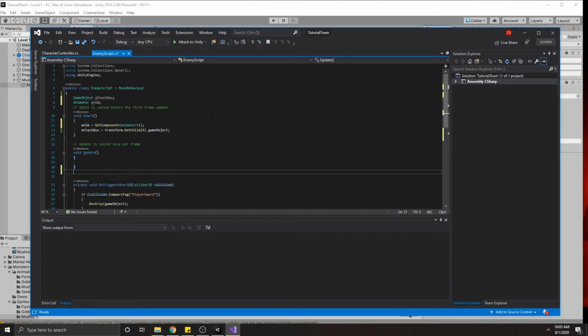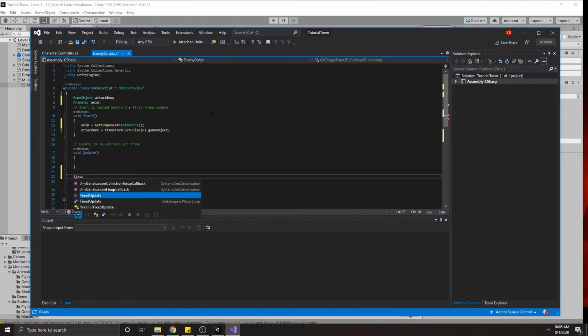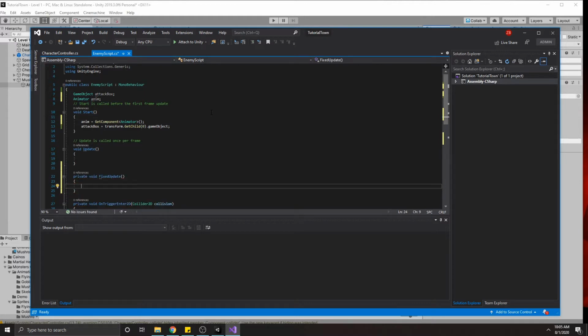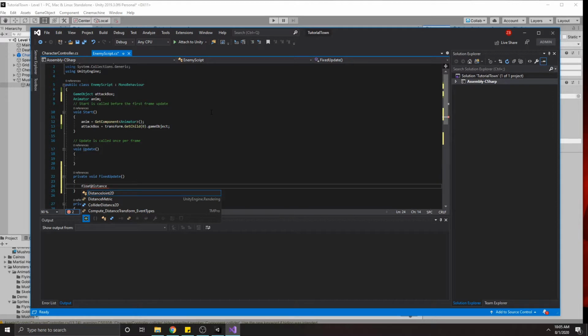Now what we want to do is write a FixedUpdate method because our character is going to be moving. So FixedUpdate. And what we need to do is detect if the player is within a certain distance of the enemy, and if so, we want to change the direction of our enemy and start moving toward him. So let's go ahead and create a distance. And this is going to be a float probably. And it's going to be equal to